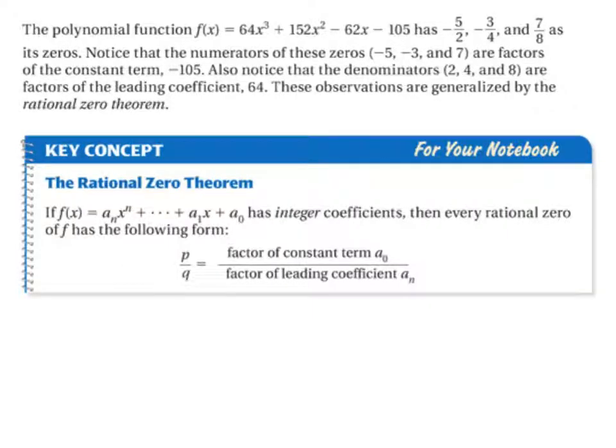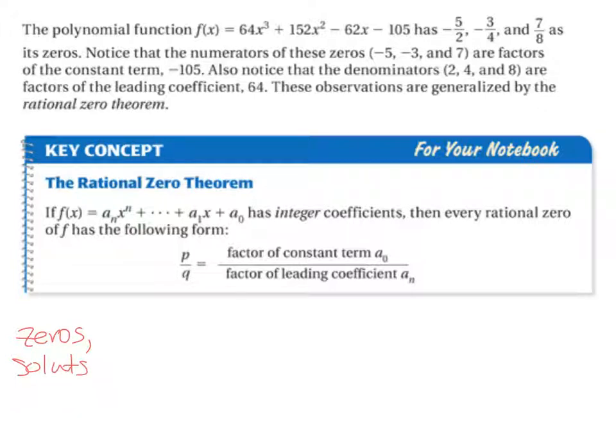All right, getting into our actual lesson. I'm just going to read. The polynomial function f of x equals 64x cubed plus 152x squared minus 62x minus 105 has negative 5 halves, negative 3/4, and positive 7/8 as its zeros. You have to know what that means. Zeros,